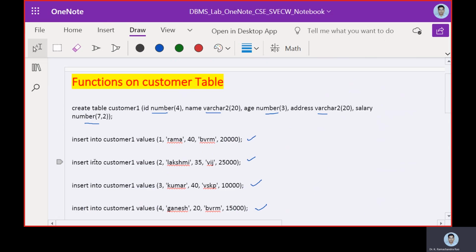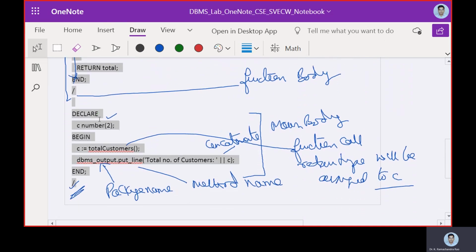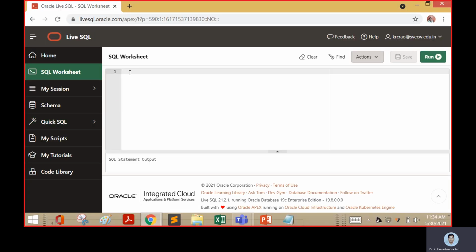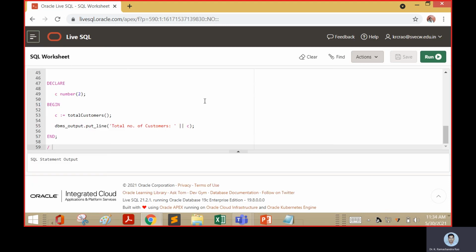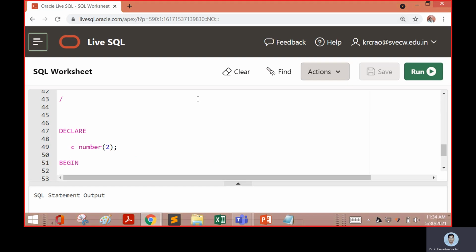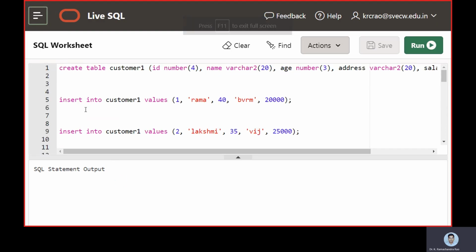We will take up the entire set of commands from the work area. Now we will switch to the PL/SQL, paste our credentials here, then we will zoom it up, and we have maximized it.